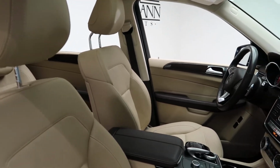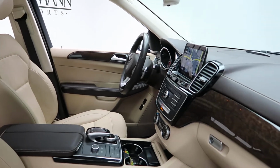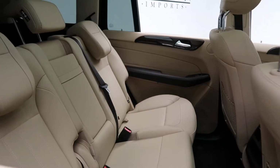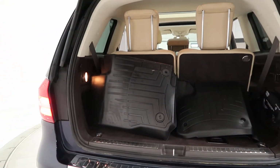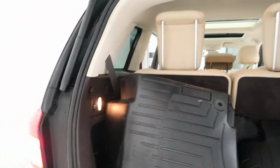A macchiato beige MB-Tex interior with a eucalyptus trim. Panorama sunroof. Third row seating. Trailer hitch, GLS 450 4MATIC badging, power liftgate, Sedal season floor mats, fold down third row seats,